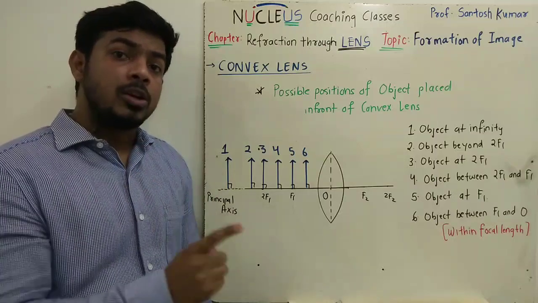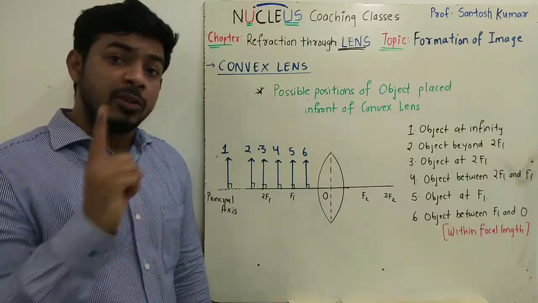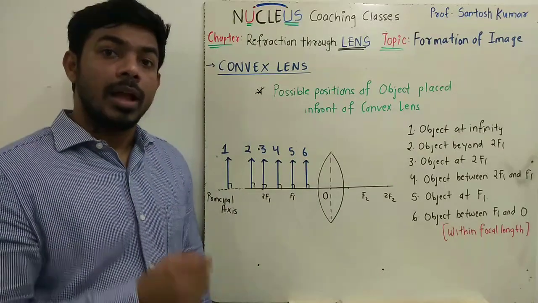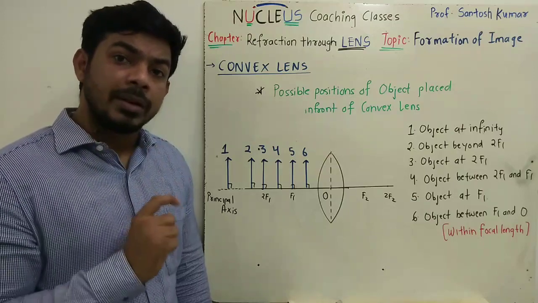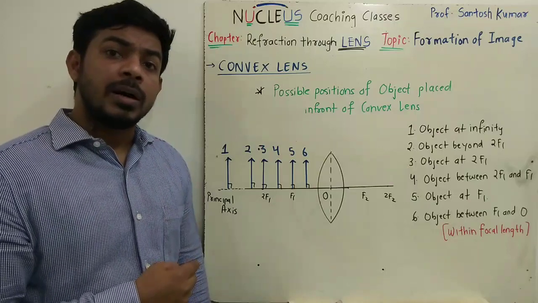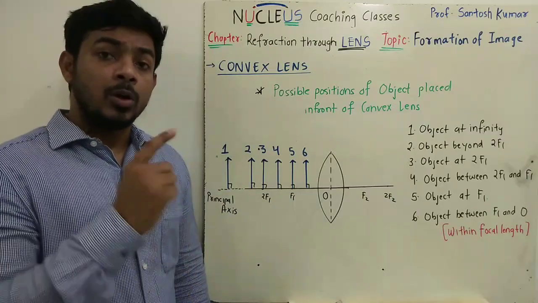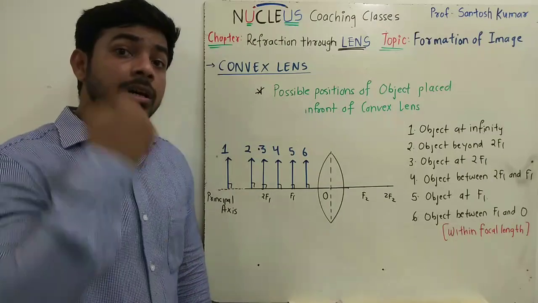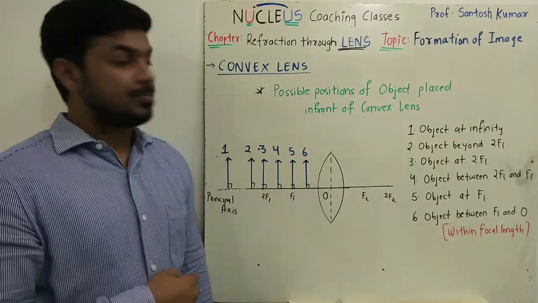Remember, whenever we draw incident rays from the object, the incident rays will not be any rays. It will be standard rays which we studied in the rules to draw the ray diagram. And we studied 3 rules in that section. One ray was traveling parallel to principal axis, another ray was passing through optical center, and the other ray was passing through principal focus, or appeared to be passing through principal focus, because if the incident rays consist of the 3 standard rays, we know the refracted rays, right? So this will help us to form the image of an object.